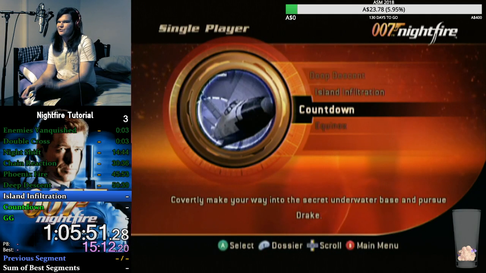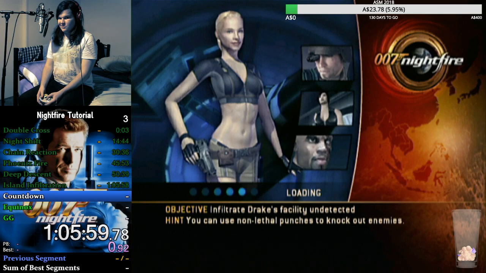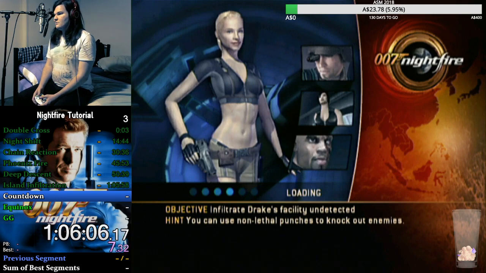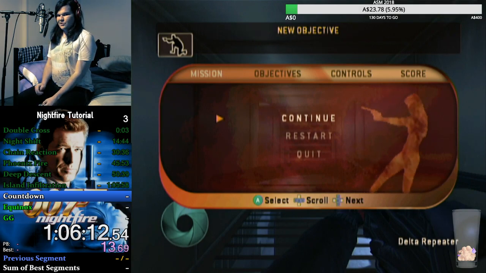Now we're going to move on to Countdown. Now Countdown, this is like the true final level of the game, because Equinox after this is, by the way, I got a split. Equinox after this is actually a complete auto-scroller, and really easy too. So this is the true final level of the game. So,